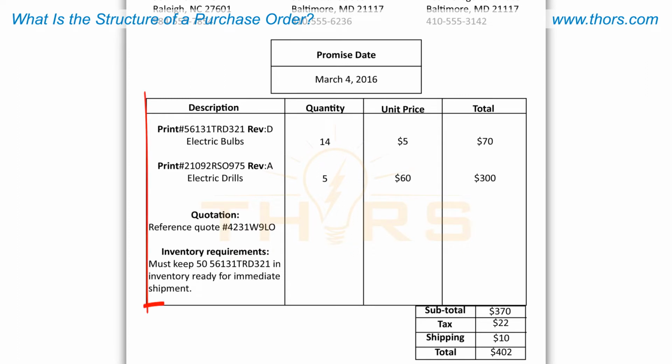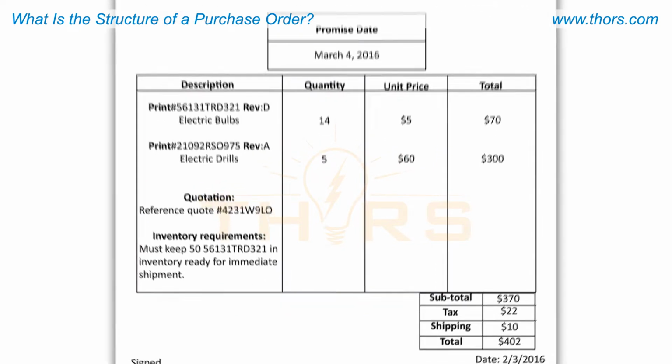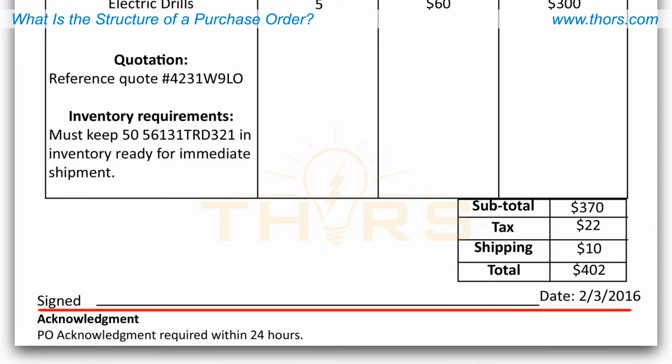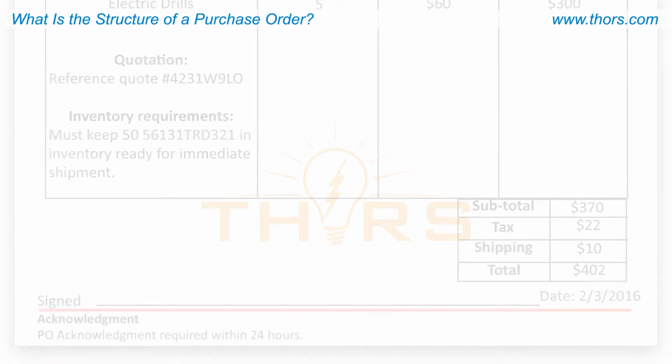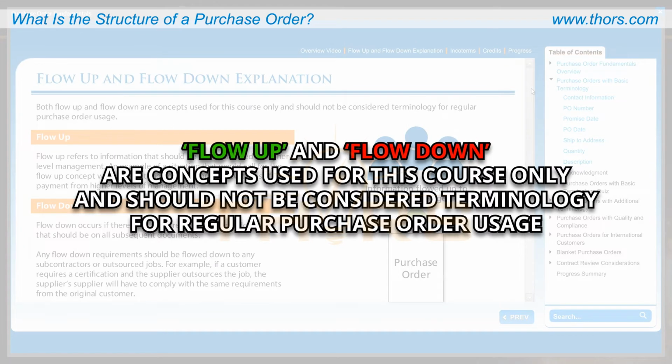Contents such as the description of a product or multiple products, the quantity, the price, and other information can be found in the body. The footer contains a signature line that is to be signed once the order is agreed upon. Flow up and flow down are concepts used for this course only and should not be considered terminology for